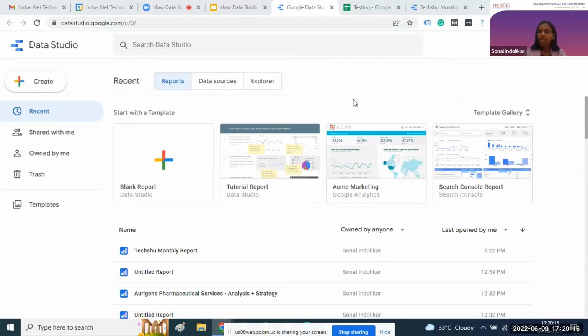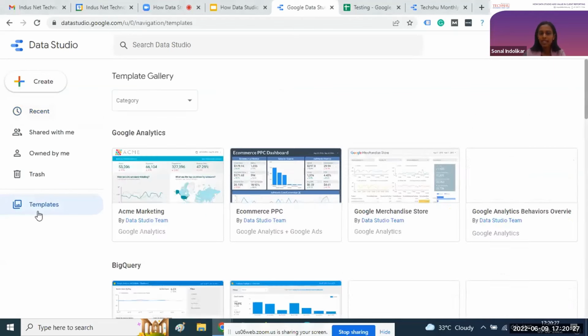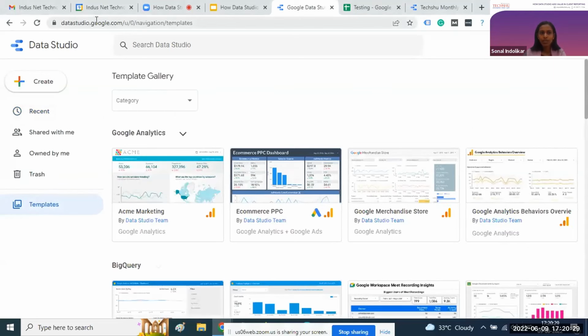Okay, and Google has thought about beginners as well as advanced people. For beginners, they have provided free templates. When you log on to datastudio.google.com, free templates are available. In the free templates, they have provided different categories.